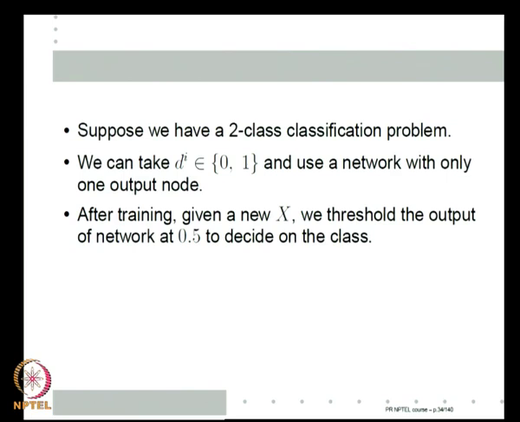Now, we can train the network. Of course, the network cannot actually represent the discontinuous function, but it will represent some continuous approximation to it. But after training, we expect it learns a function which, whenever you put a class 1 pattern, the output will be close to 0. It may not be 0, but it will be closer to 0 than 1. And similarly, whenever you put a class 2 pattern, the output will be closer to 1 rather than 0. So, after training, when you give me a new x, I can threshold the output at 0.5 to decide on the class. If the output is closer to 1, I will say class 1. If output is closer to 0, I will say class 2. Okay.